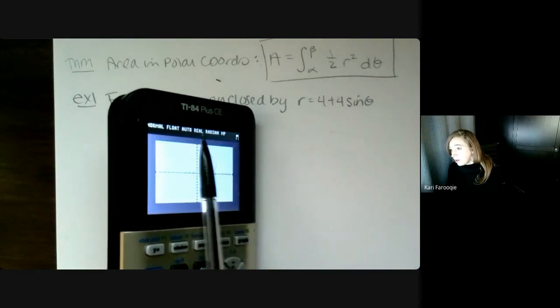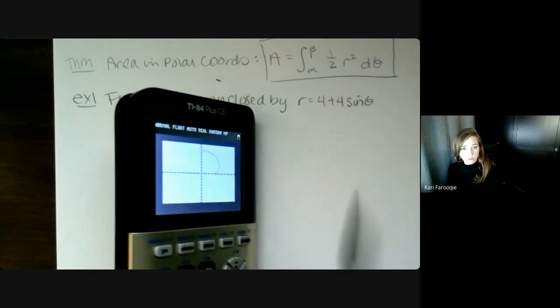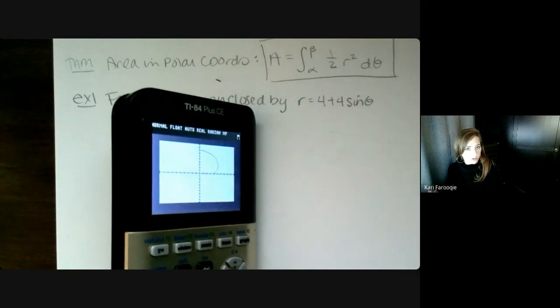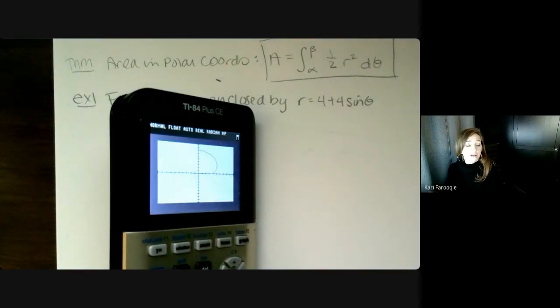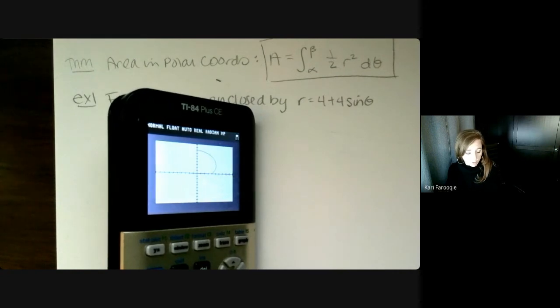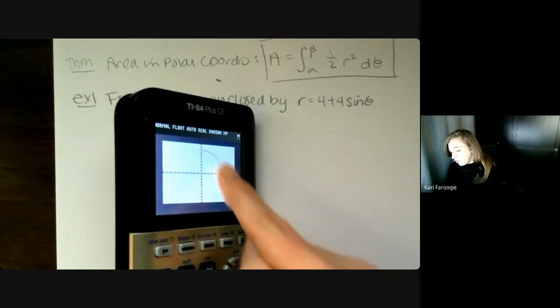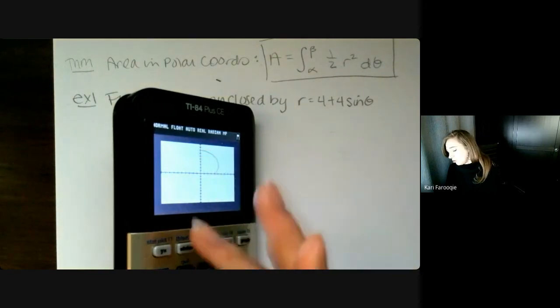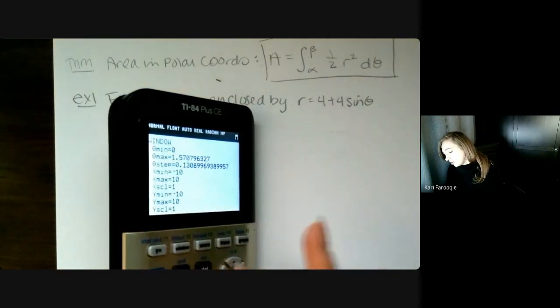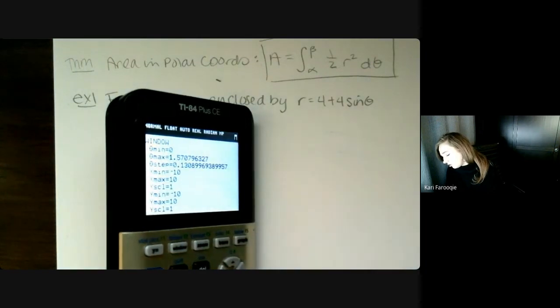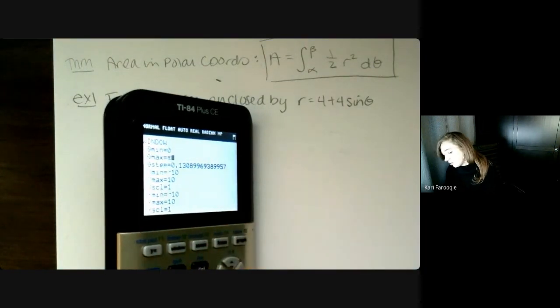Now, I cut mine off at pi over 2 just to illustrate how much of this region we need to cover. I said that we're looking for the area that's enclosed by this graph, so I want to graph the whole thing. Well, if graphing from 0 to pi over 2 gave us this much, you can see now how changing that theta max is going to give us either more or less of the picture.